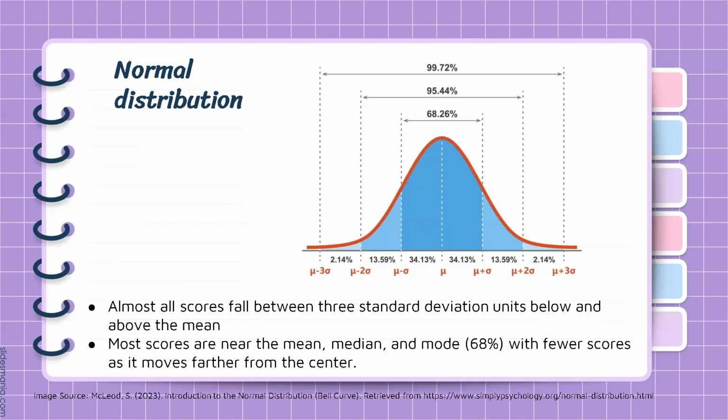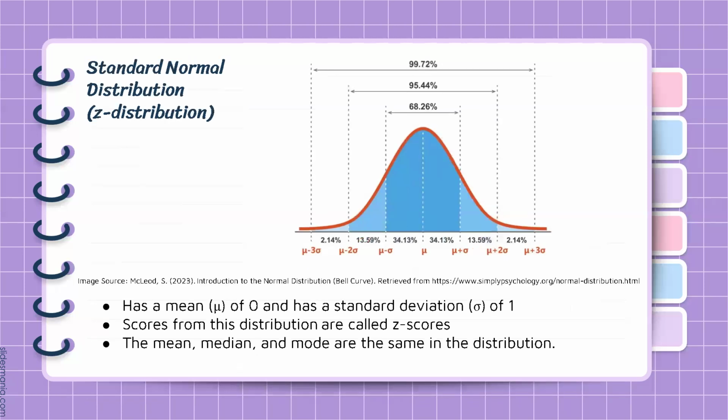However, each normal distribution may come with its own mean, standard deviation, and units, which may present some problems or issues. And in order to solve this issue, we standardize the normal distribution. Hence, we have the standard normal distribution. A standard normal distribution is a normal distribution of standardized values called z-scores. In other words, the scores or data points from this distribution are called z-scores, hence the name